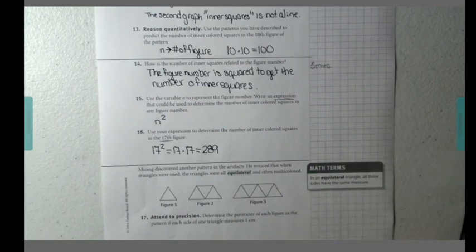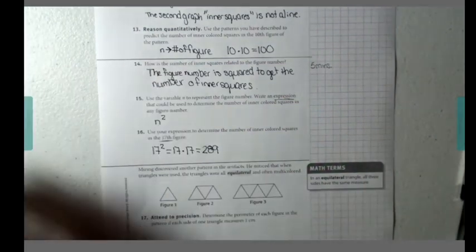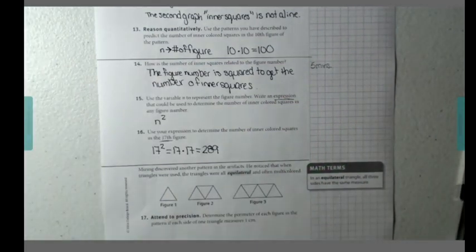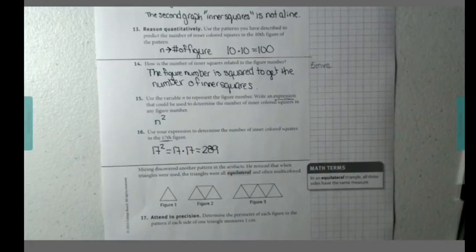All right, I went ahead and I've worked out the answers to questions 14 through 16. Let's start off by talking a little bit about 14. 14, like I stated back in question number 8, it's the figure number squared. So we're going to take whatever number figure we're looking for and we're going to multiply by itself to get the answer. So the easiest way to write that for question 15 is to say n to the second, or